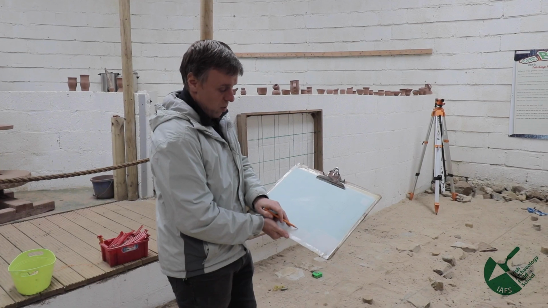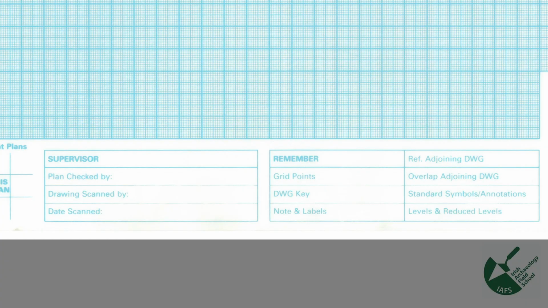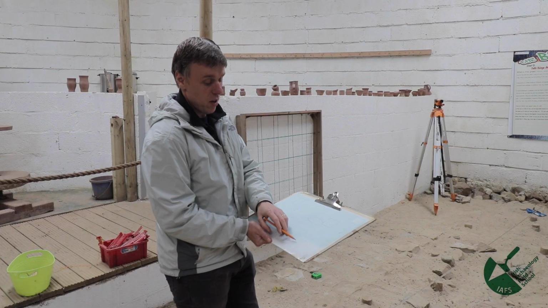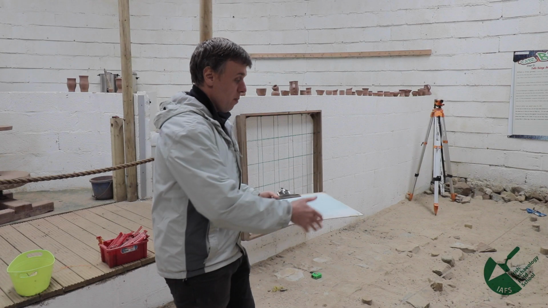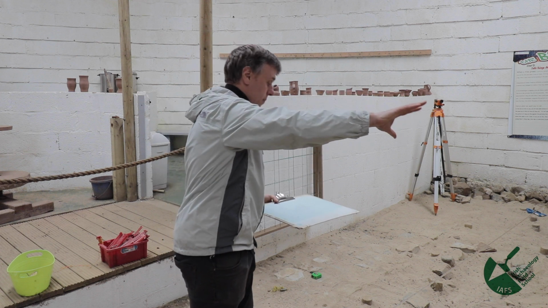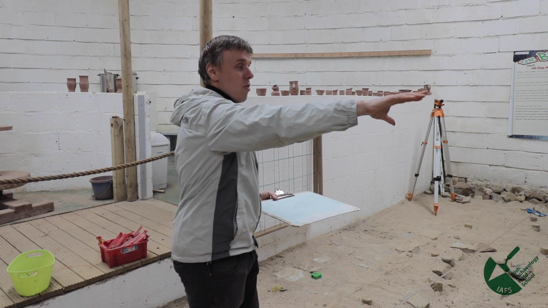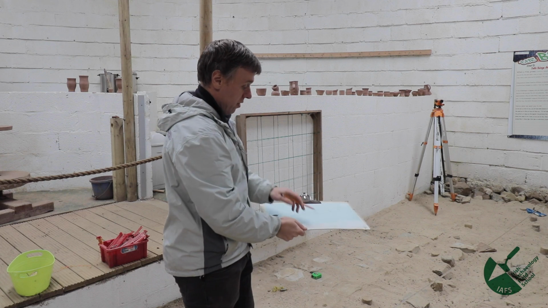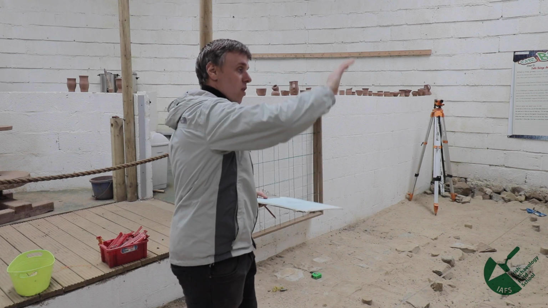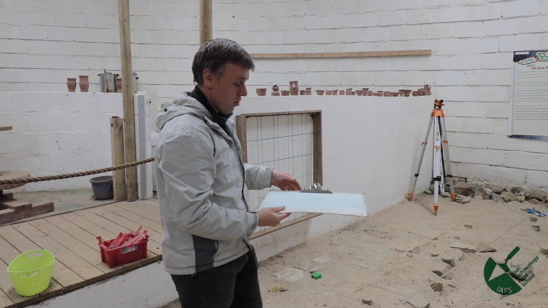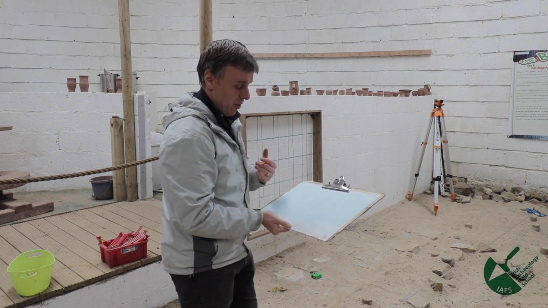Then it also asks you, have you referenced adjoining drawings? So this drawing is, for argument's sake, drawing 1001. So it's the first drawing from cutting 1, and it's on sheet 1001, okay? But it joins with another drawing over here, okay? So that would be sheet 1002. And have you referenced that this drawing joins with that drawing? So this is just register and good record keeping and good keeping things right.